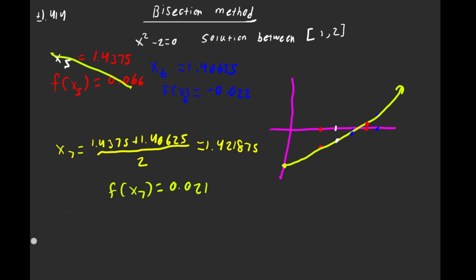So we will have to add: x sub 8 is equal to 1.421875 plus 1.40625, and divide all that by 2, which gives us